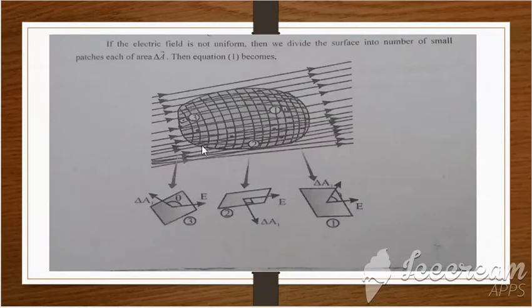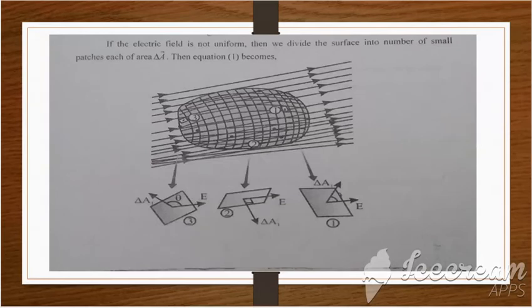Now look at this irregular shaped body. Look at the position of my cursor. This has no particular or exact shape. Further, the electric field lines passing through this are not at a fixed distance from each other. Where these electric field lines are close to each other, we say that electric field strength is more, and where they are farther apart the electric field intensity is less. So through this entire area electric field intensity is not uniform.